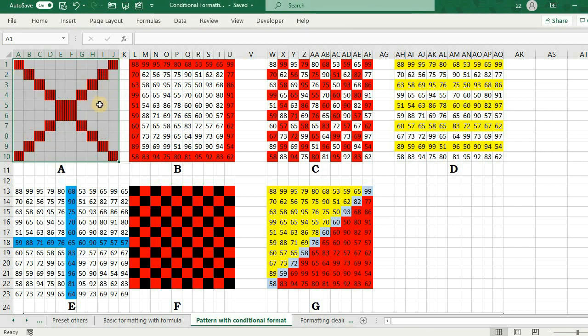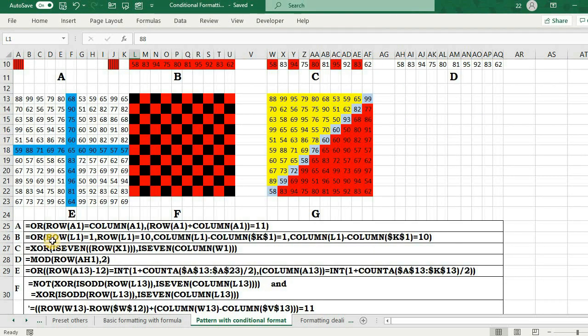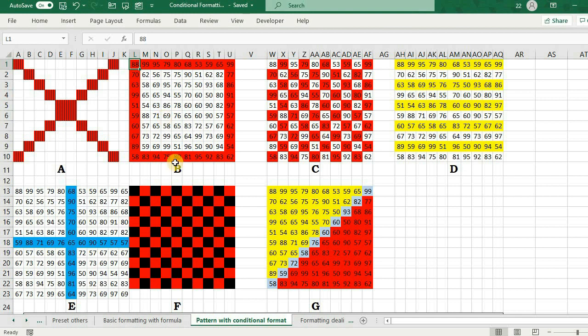So this was one condition. Here you can do one thing. Here it is row number 1 or 10, or column number 1 or 10. You have to set a condition, either row number is 1 or row number 10, or column number 1 or column number 10. So this could be your condition. So I can show you. This is row number 1, row number 10, column number 1, column number 10. So I will, row number of L1 is what, 1.